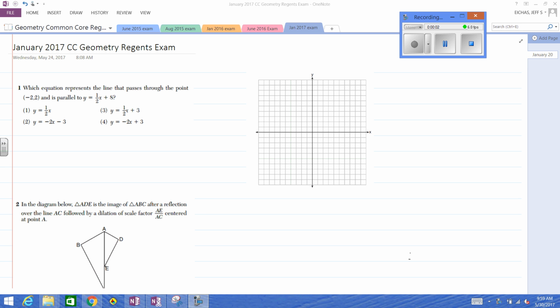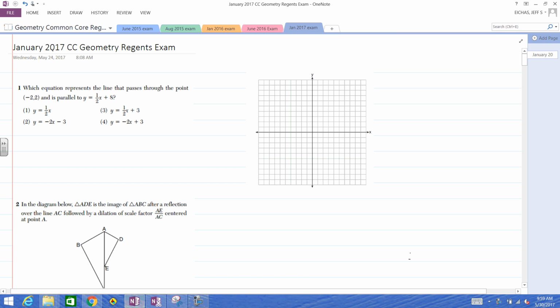Okay, so we'll show you the solutions to the January 2017 Common Core Geometry Regents exam. All right, so for number one,